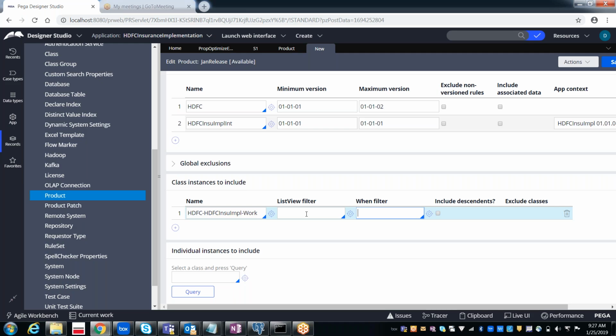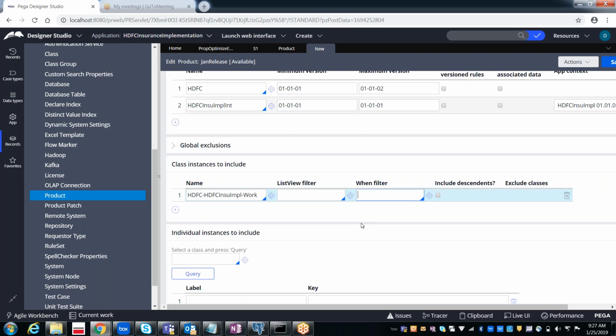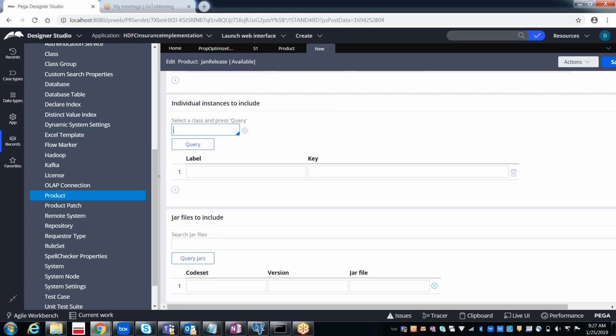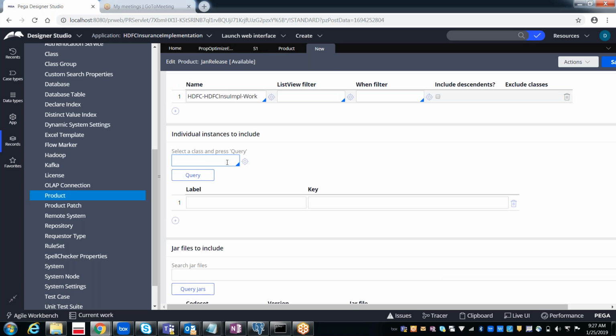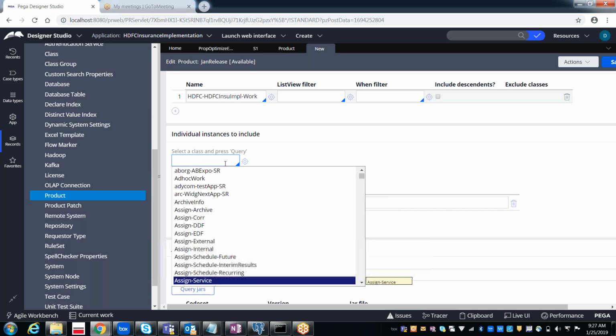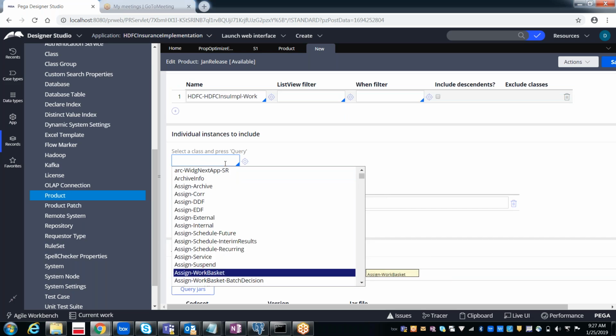Likewise you can apply filters and when rules. You can also include individual instances. How exactly can you include them? Here select a class and press query. Even if you want, you can have various classes, and again we can apply the query for that.